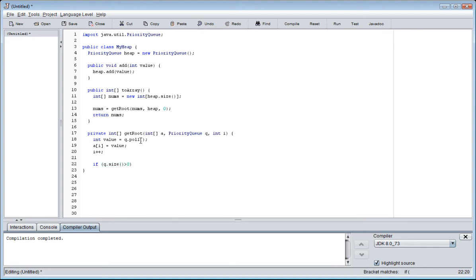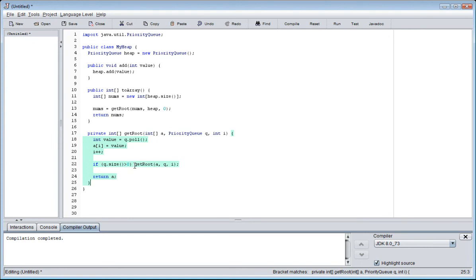If it is, we will call getRoot passing A, passing Q, and passing I, because I has been increased. And when we are all done, we simply want to return the new array. That's the recursive routine that is building the array